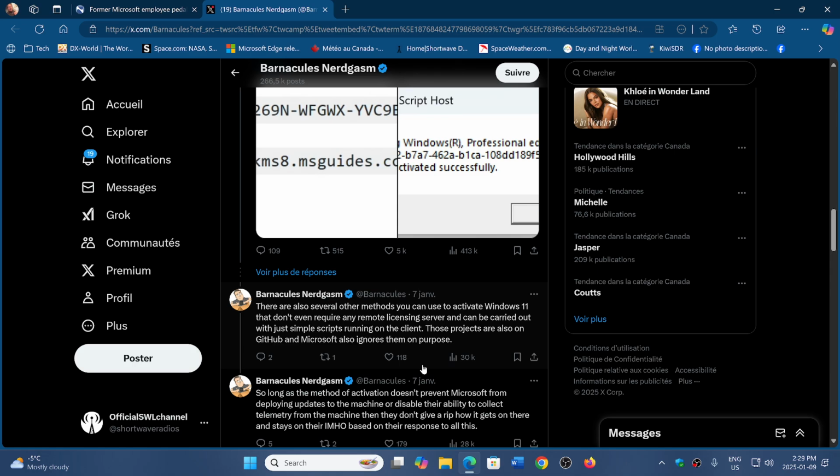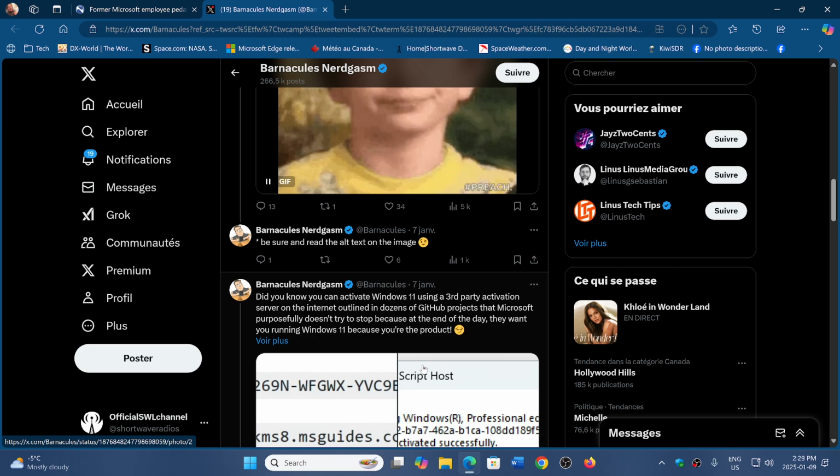the KMS way of activating, which is the Key Management Service. There are servers out there that can activate Windows. Some regular users will hack or basically pirate Windows using KMS, which is a dangerous way of doing it because you never know if what you have is the proper KMS system or malware, and that is the biggest problem. But anyway, there are different ways that people use, which again, I want to mention, are totally illegal.